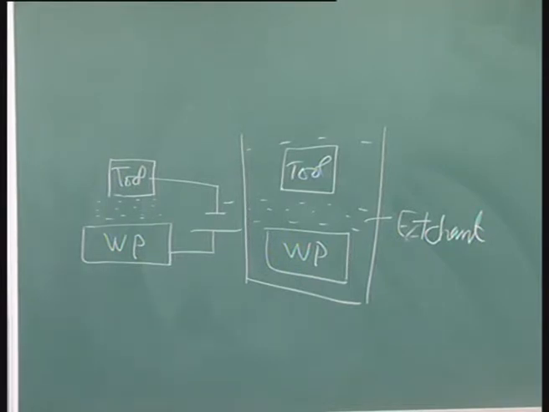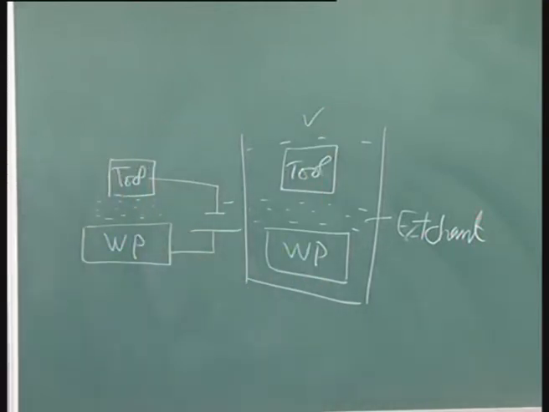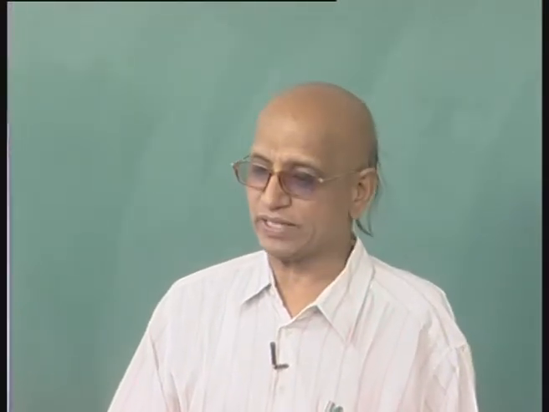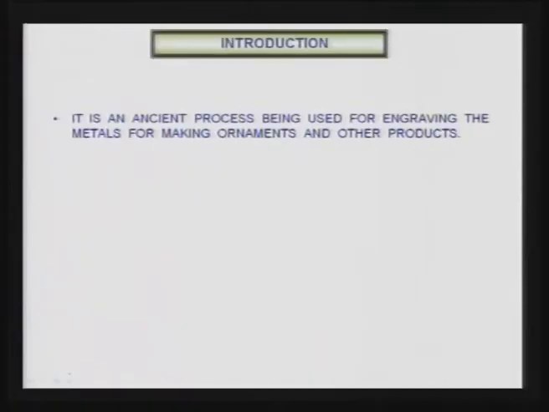So, I am going to discuss chemical machining today. Electrochemical machining we have already discussed in great detail in different lectures. So, you should keep this difference in mind, so that there is no confusion between electrochemical machining and chemical